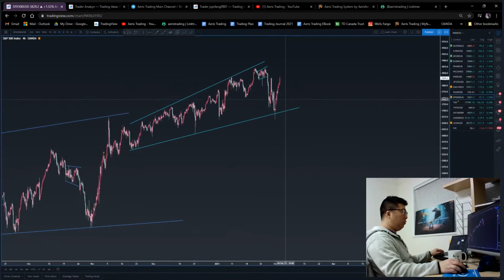You have a plan to potentially look for a sell. If that doesn't happen, what is your contingency plan? What is your backup plan? What is your move if this is going to pop to the upside? Are you going to panic now? Are you going to start buying or selling? Make sure you have a plan before it happens, because when you don't have a plan, you're just going to